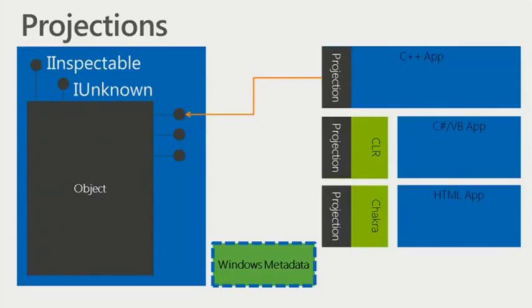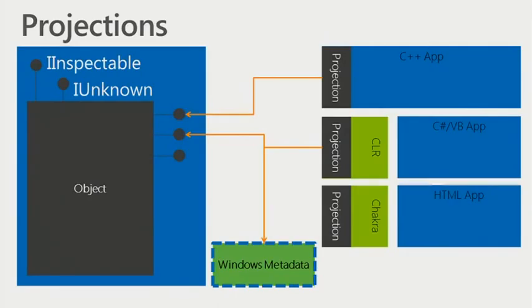So the GC is there, and there are some other reasons that the CLR needs to know about metadata. But it's a combination of compile-time querying of the metadata. When you're doing the object browser, IntelliSense, at compile time, we know about the WinMD files. In fact, if you look at the command line when we compile a C# application that uses Metro, you would see all the WinMD files added to references. Like you would see /r, all the WinMD files. So at compile time, we're looking at them, but at runtime, we're also doing a little bit of querying of